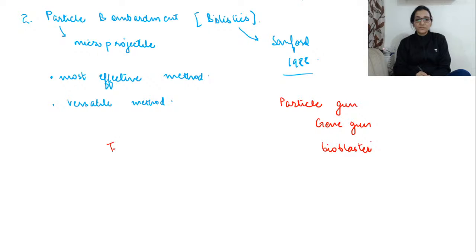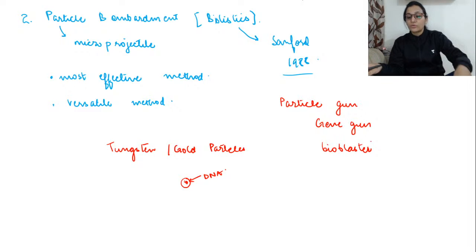So sometimes tungsten or gold particles can be used, and these gold or tungsten particles will be coated with DNA, and they are carried by macro carriers, and these macro carriers are inserted into an apparatus and